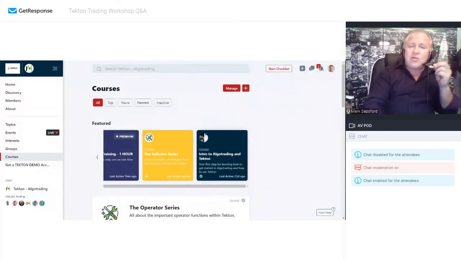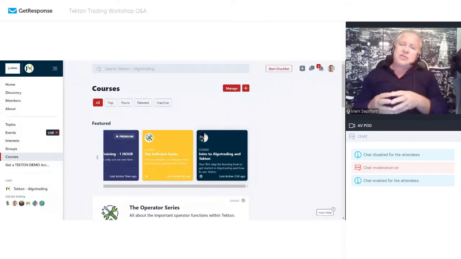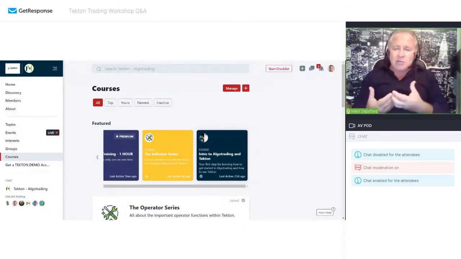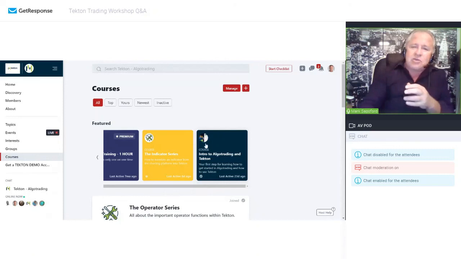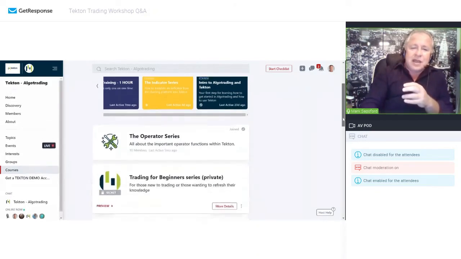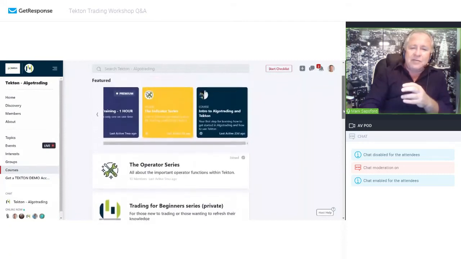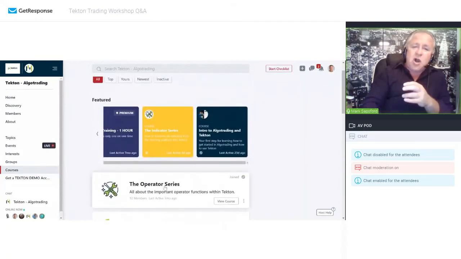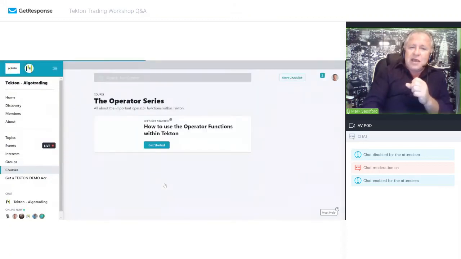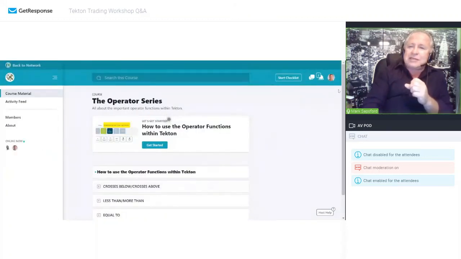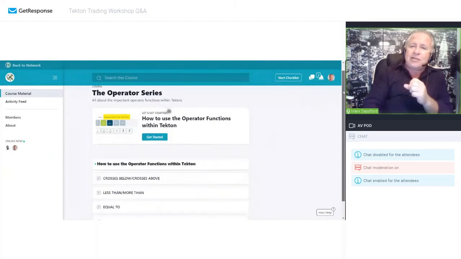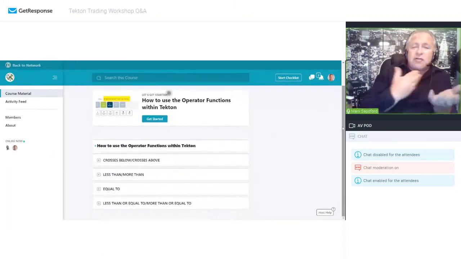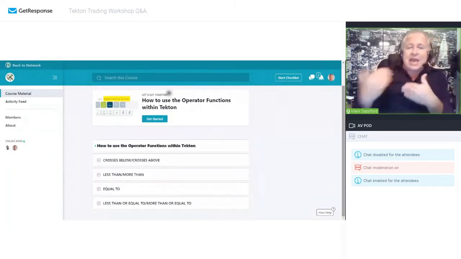If somebody is new to Tekton and just wants to refresh how Tekton works, that is where you can click. We also have our trading for beginners workshops. The operator series is a very good and informative workshop for those who want to understand a little more about how the operators work. The operators are crosses below, crosses above, less than, more than.